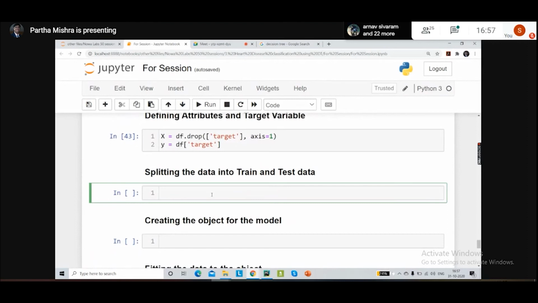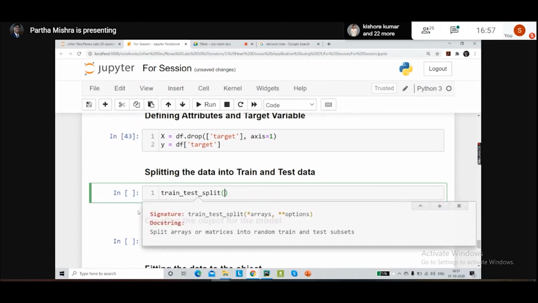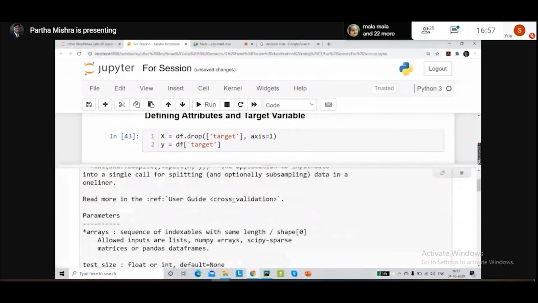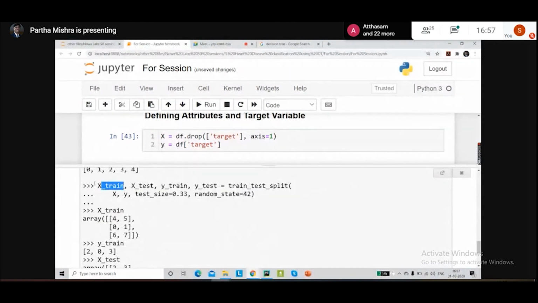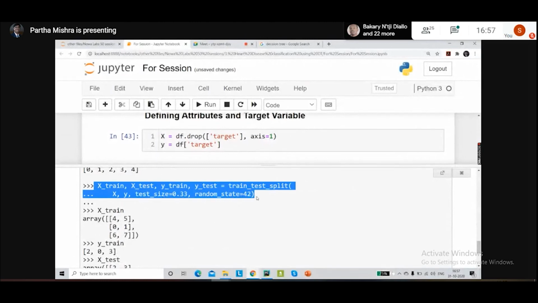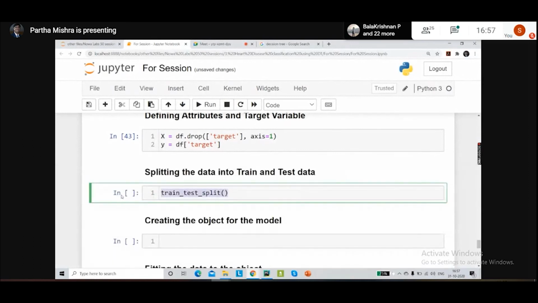Now, remember I had mentioned we have to do a simple train test split of the data before we can actually do any kind of modeling. So I'm going to do exactly that. For train_test_split, I'm going to hit Shift Tab. Once we expand this and scroll down, you'll see a small example here. I'm going to simply copy this example. This will help us save some time on coding it out.